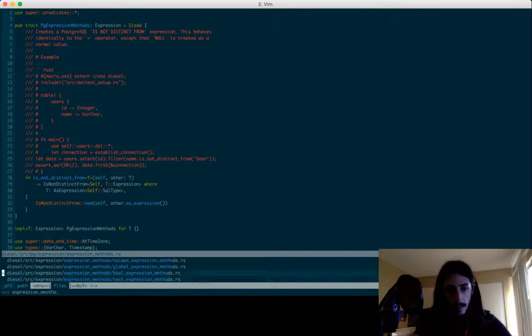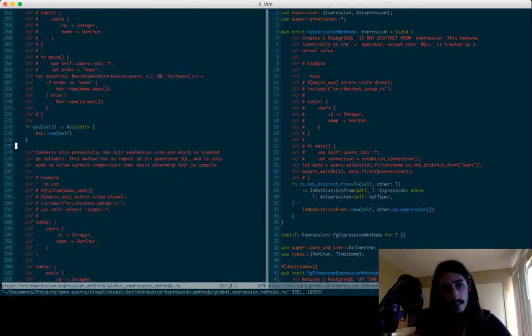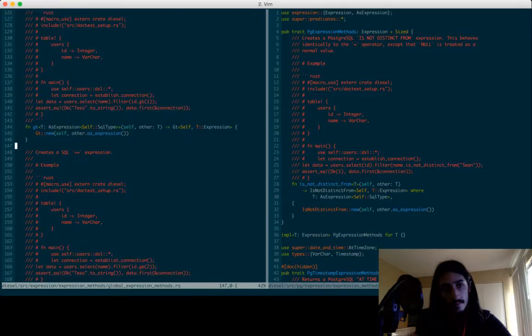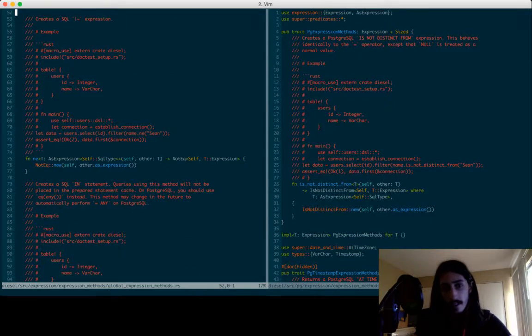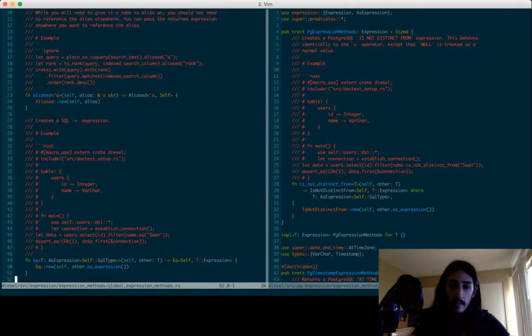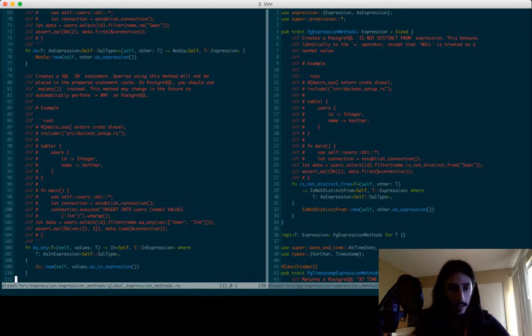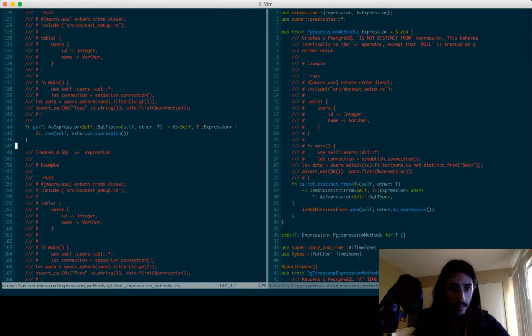We do have a lot of them, like global expression methods is pretty big, and this includes all of the various methods that exist for every expression. Things like equality, is not null. Comparison operators, which surprisingly you can actually use with any type in SQL. I guess it's not that surprising, actually. At least not for the ANSI types. Anyway,